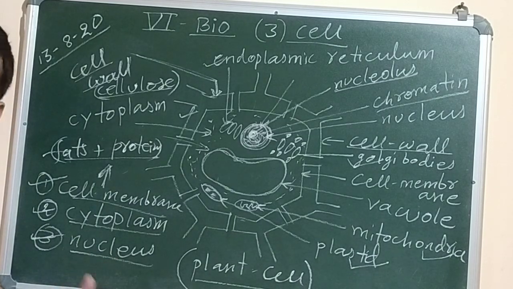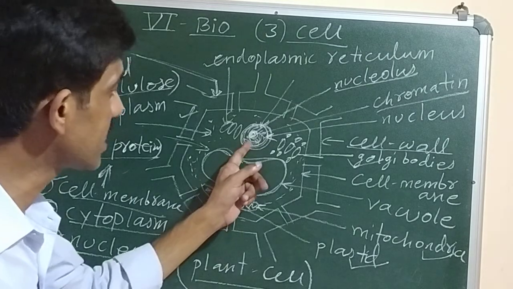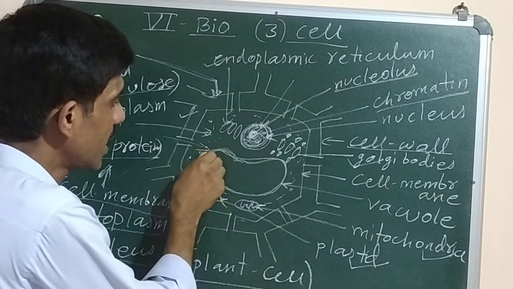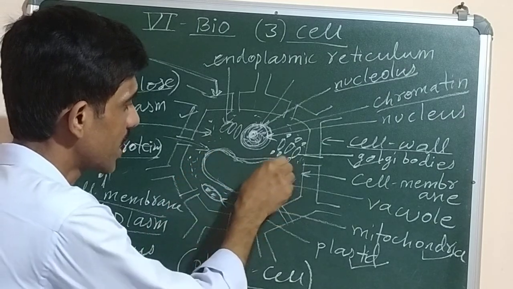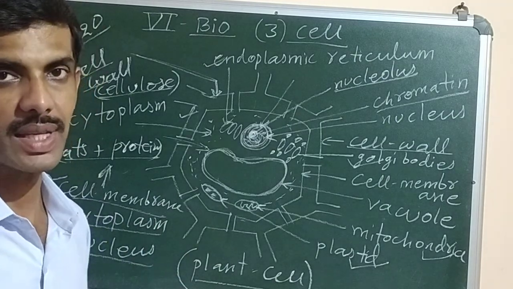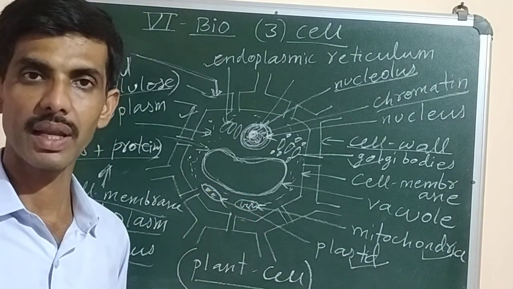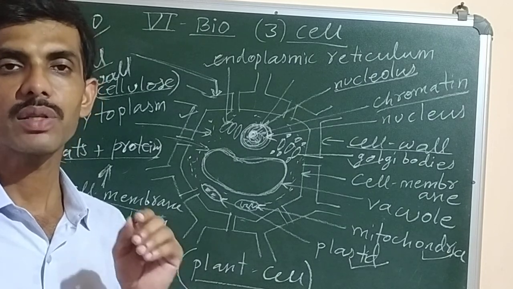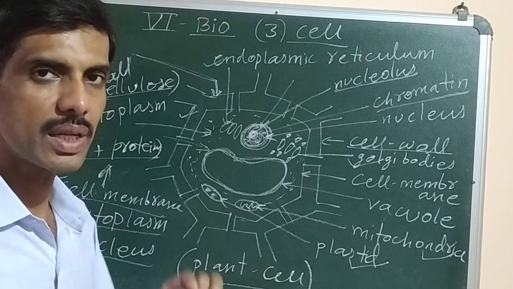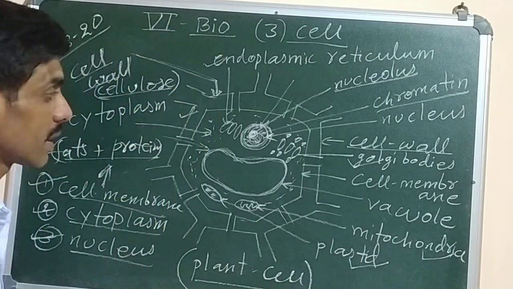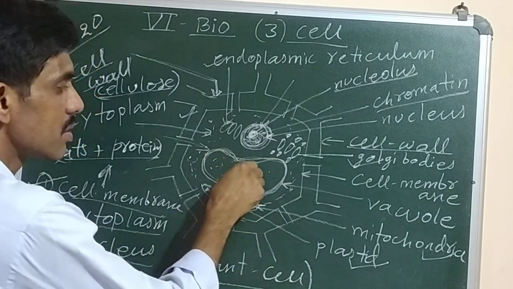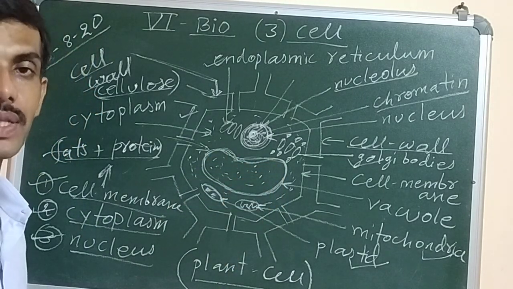Nucleus is found generally in the center of a cell. But here you can see in the plant cell it is pushed towards the side or corner. Why? Due to the presence of a very big and large empty space called vacuoles. So what is vacuoles? Vacuoles are the empty spaces which are present inside a plant cell. In animal cells, these vacuoles are very small or almost absent, or if present they are small in size. The vacuoles are filled with water and minerals, which is known as cell sap.